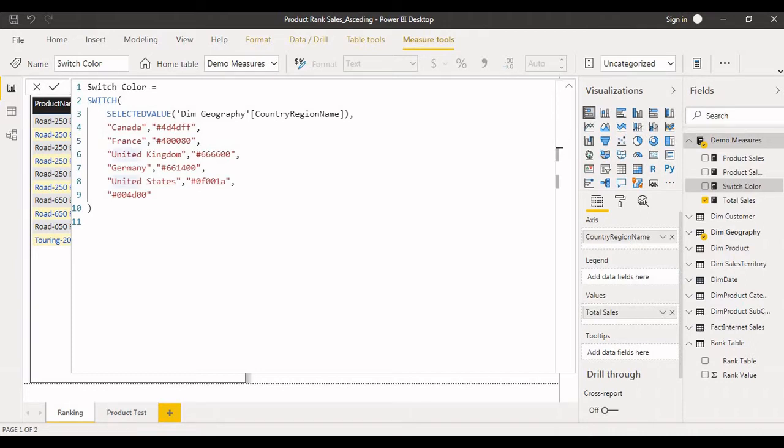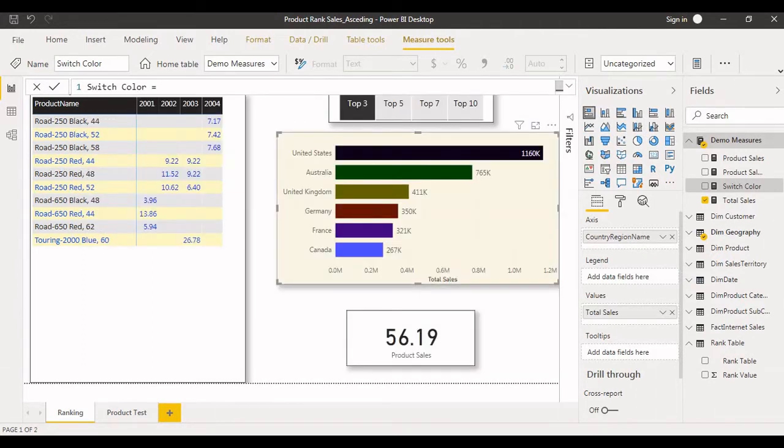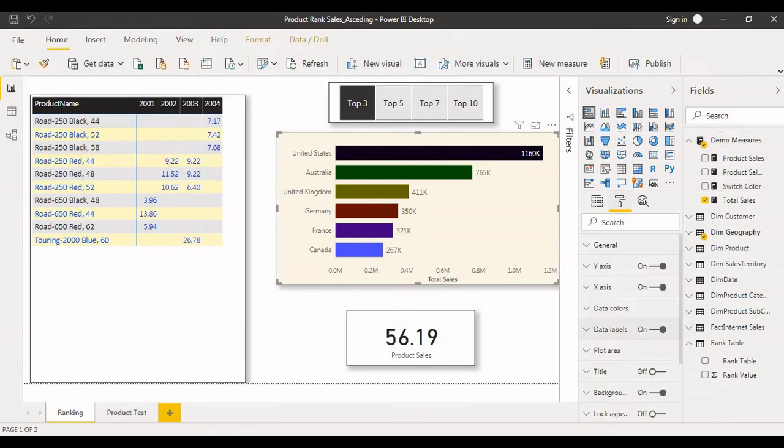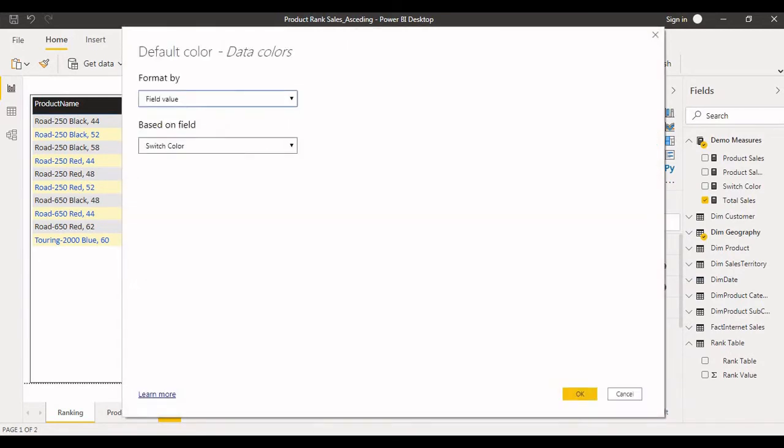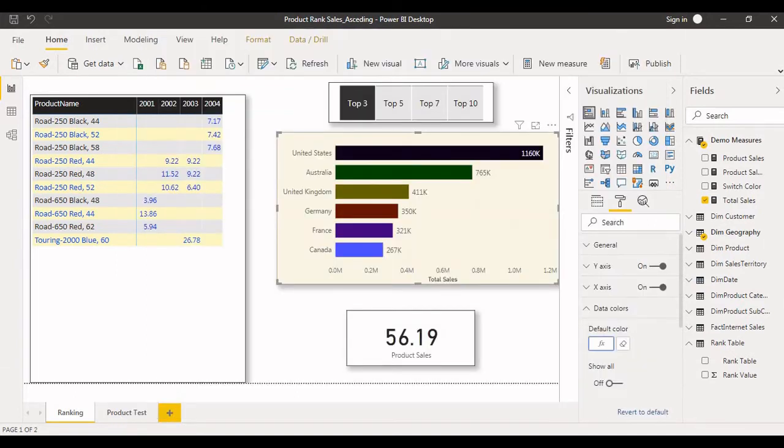So based on each country region I am displaying different colors. That is the reason we have different colors. I have written that in the expression by using fx, so here you can take the switch color in the field value. That is the reason we are getting different colors for each region.